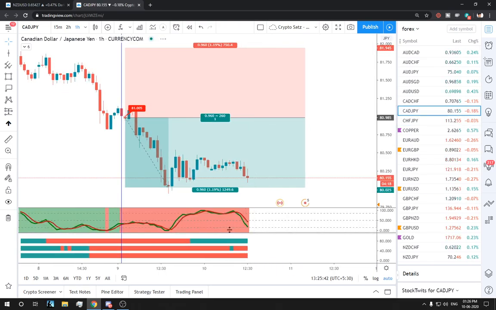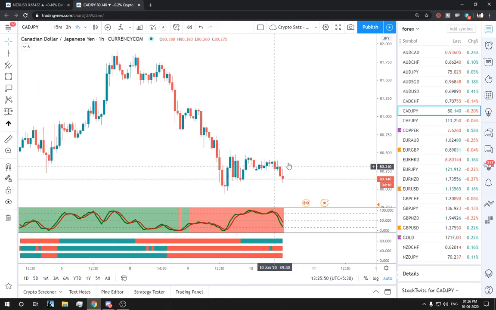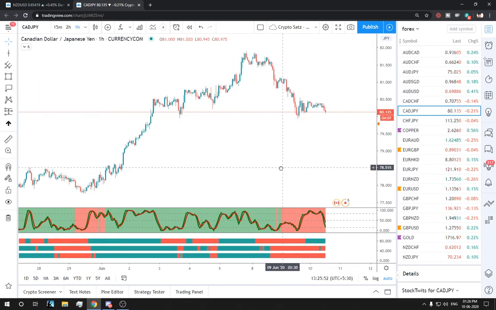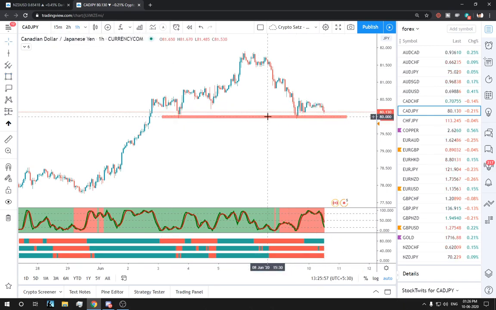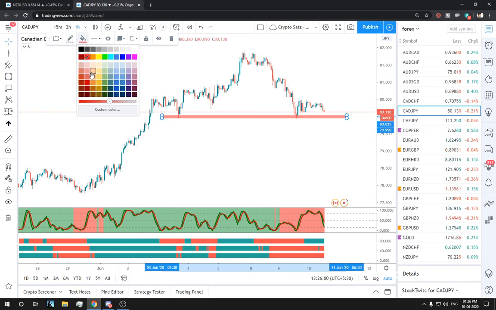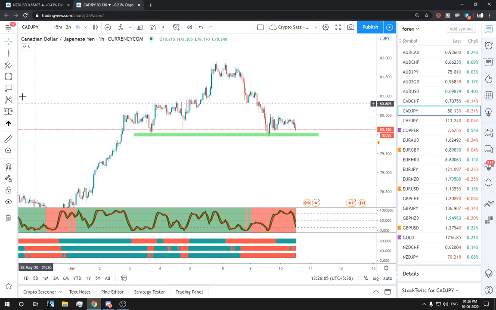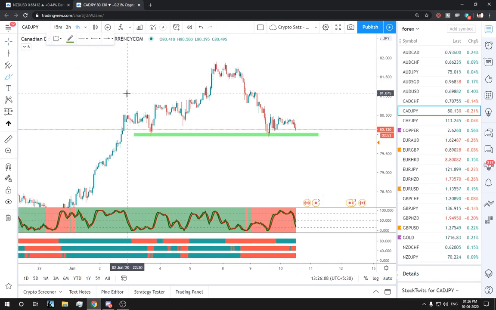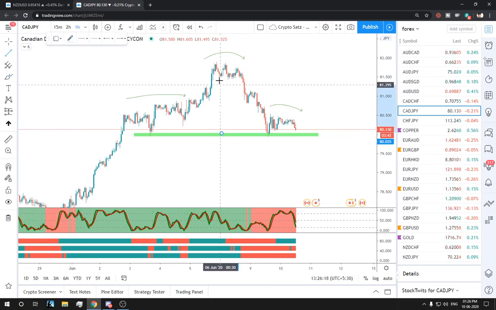Oh wait, currently we are about to get a short signal, which is here. Let's wait for the signal to take. So we take a shot, and we'll also get a very good confluence on break of this support, which was acting for a long time. And for this trade setup, we also have a head and shoulders pattern. One second, I'll show you. This is the left shoulder, head, and we got a right shoulder. So once this neckline breaks, we can have targets around